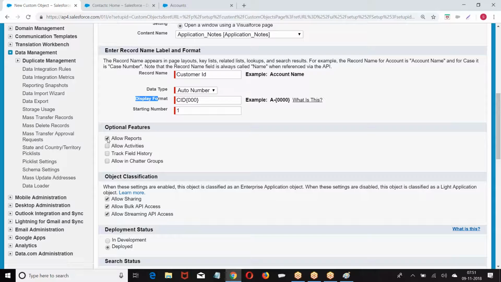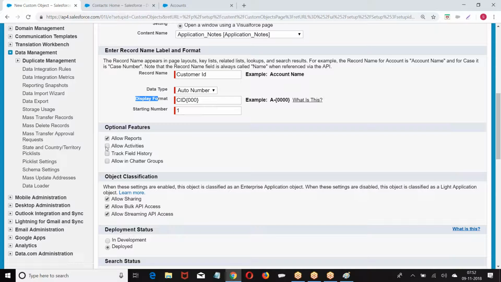If I want to create a report, I have to enable the option Allow reports. If I enable this, we will be able to create a report. Every point is one separate topic. We'll be discussing every topic for an hour plus. Right now, just understand what the point is. Allow activities. It allows you to create a task and event, assigning work or conducting an event. For example, all the customers from Bangalore attend the meeting on the 23rd. Or, whenever a new customer is created, send them a confirmation mail. So that is assigning a task or calling for an event.